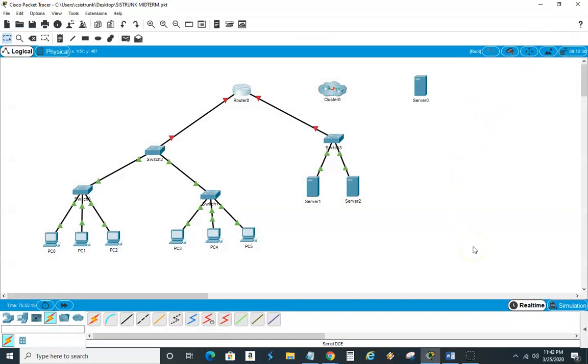Okay. So now with that being said, I can go ahead and grab my serial cable, click here, and now I can go down here to serial 1, put that on, and then come over here to the first one that's going to be in the cloud, and I can get at. So I got my first cloud hookup, and now I want to also go from here. I'm going to take an Ethernet cord here, and then I'm going to come over here, click on here, go back into the cloud, and I know I put an Ethernet card in there, but I'm seeing, oh, I'm in the cloud now.